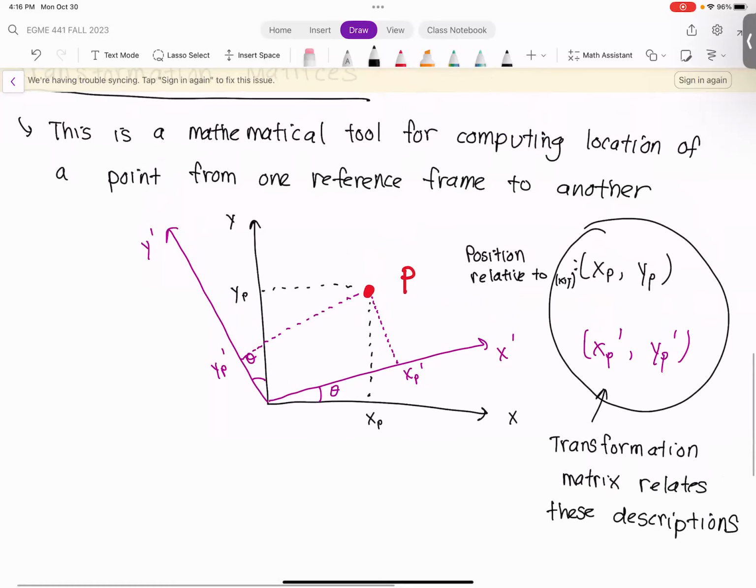Okay. And so that's all we're doing, we're relating different definitions. Any questions on this so far? Okay, so let's go through the math in terms of how we can determine what this transformation matrix